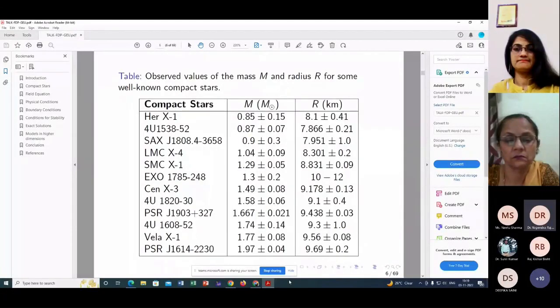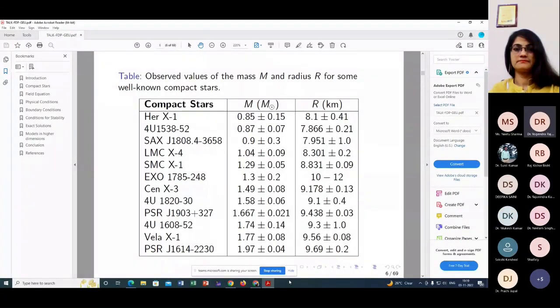But when the inert iron cores of stars having mass greater than or equal to 10 times that of the sun collapse, then it forms an extremely dense neutron star or black hole. It means in a very small region there will be very high density material. So that's why we are saying that when in the same radius we have 10 times the density of the sun, then it becomes a black hole or compact star. Okay,